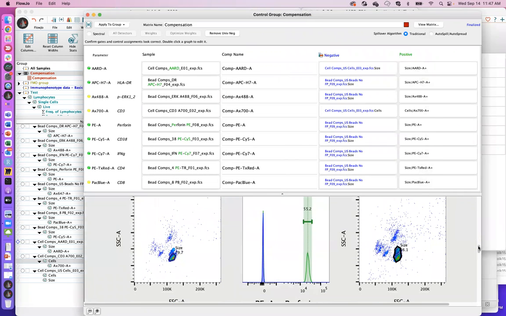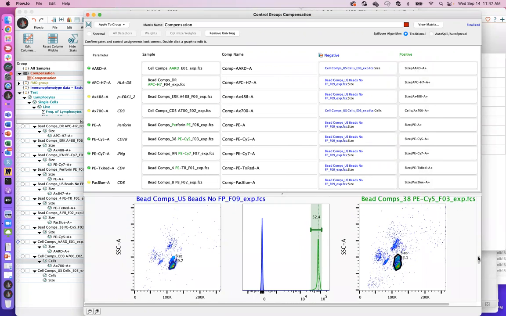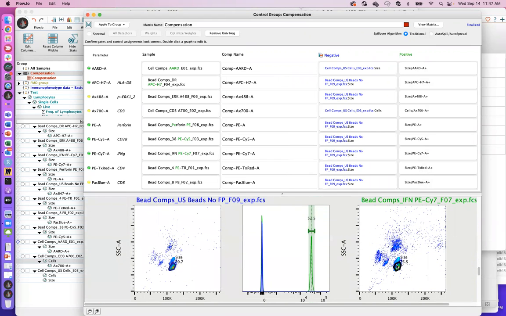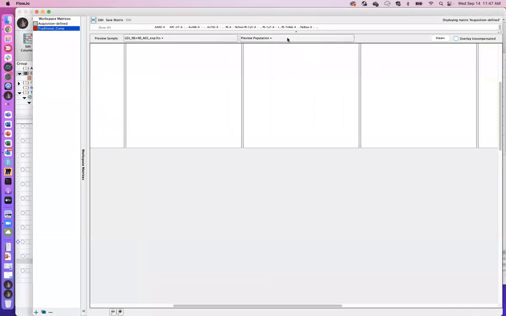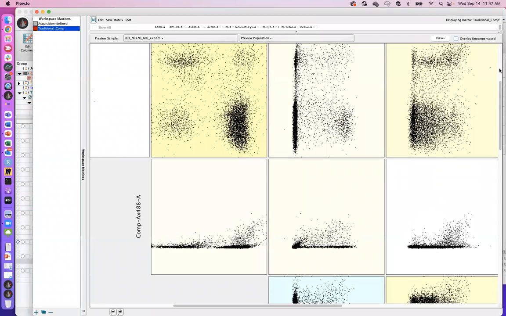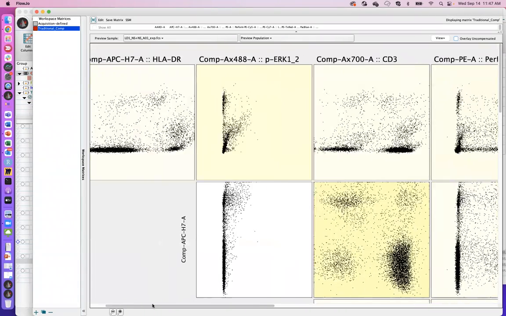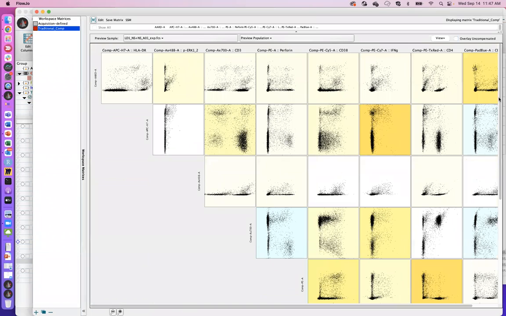And I think all the other colors are okay. We have beads matched with beads on both sides, right? Beads in the positive, beads on the negative. And we're good to go. Okay, so when you're ready, this is like your traditional, we could just say traditional comp. Say view matrix, it's going to go ahead and create a new compensation matrix for you in the matrix editor here. So if I zoom out, right, you can see now we have this traditional comp matrix